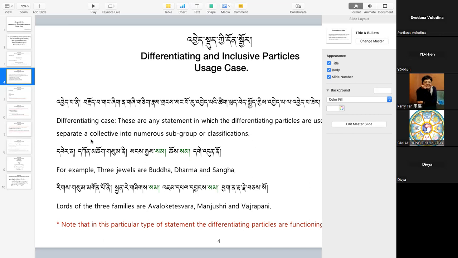Now a question might arise: if it can be used as a differentiating particle, why do we need two particles to do the same thing? That could be a question, right? The reason why we have two different particles doing the same thing is that the meaning is not as significant as it should be, but in many cases it is in order to introduce variation in writing. So that's the reason. I see.